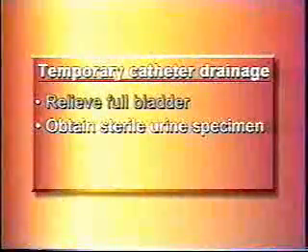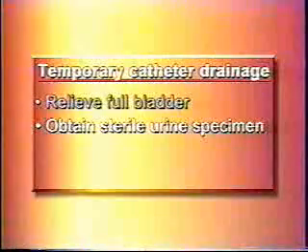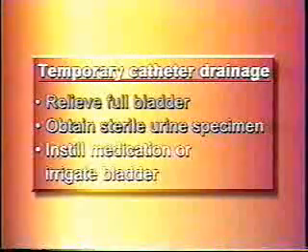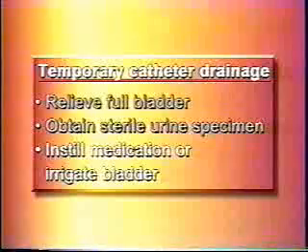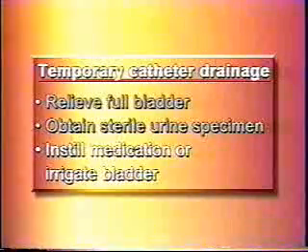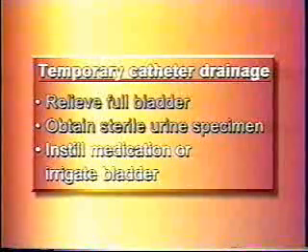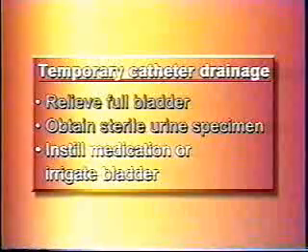For obtaining a sterile urine specimen, a straight catheter may be used. To cleanse or wash out the bladder by instilling sterile solutions and medications through the catheter tubing, this cleansing procedure is known as an irrigation, and a temporary catheter may be used. Sometimes the catheter may be used to drain the urine continuously. This means that the catheter will remain in the bladder and drain the urine through tubing and into a drainage